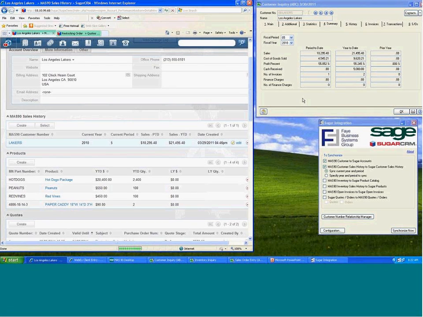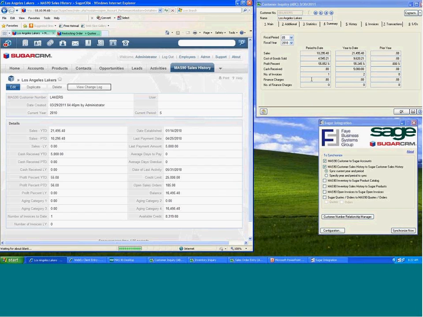And if you look at it in more detail, you're going to get other information relating to this customer. So in addition to sales year to date and period to date, you get cash received, profit percentage, aging information, number of invoices to date, the date the customer was established, the last payment date, the last payment amount, and then really important credit information. So for your salespeople or collections people, you can pull up the credit limit, what the balance is, the available credit, all that great credit information. And that comes in automatically from MAS